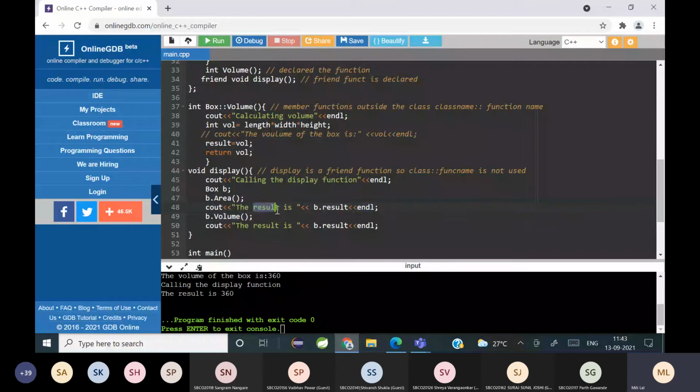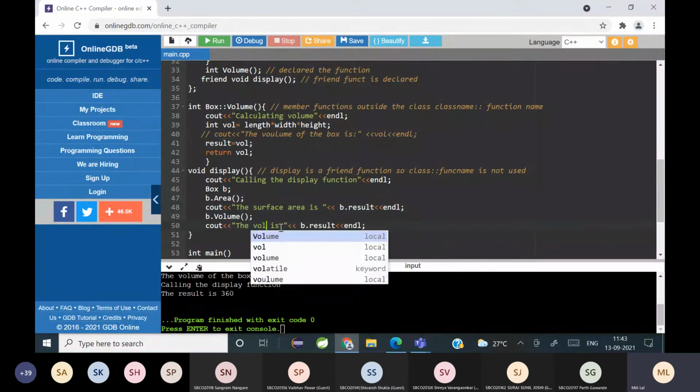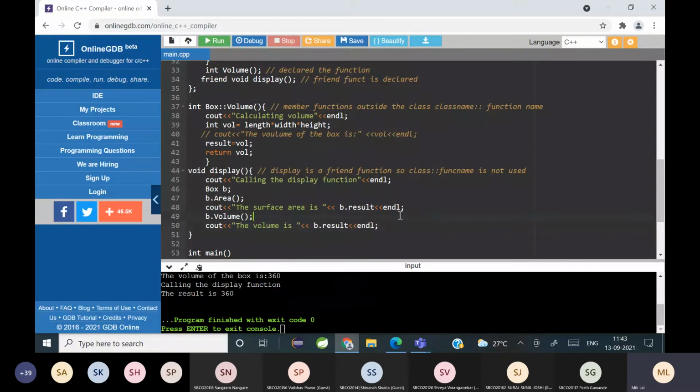So I can say this area is, and here volume is, so B dot result you can call it. So result cannot be called as such, you have to use an object.